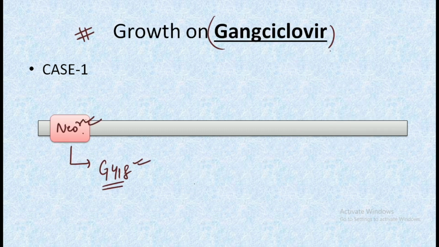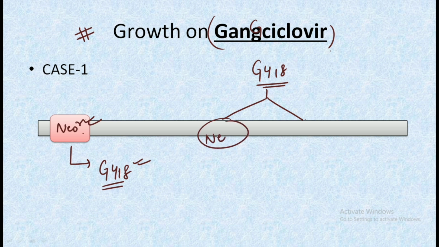So what we have done is that we have taken ganciclovir and we have studied two cases. In the first case, we have the neomycin resistant region present. So in this case, this cassette or this expression vector would survive. Why? Because neomycin resistance allows survival in the presence of G418. And in the second case, we have taken TK. Only the TK subcomponent is present. So in this case, it would not survive. Why? Because TK cannot survive in the presence of G418. These are the two facts that we have to remember.